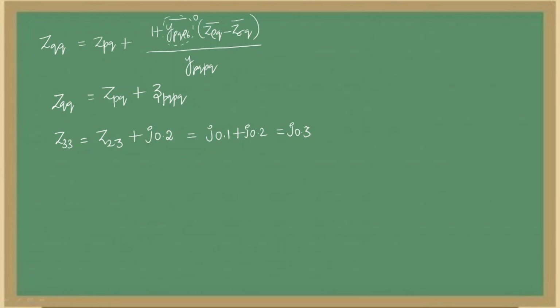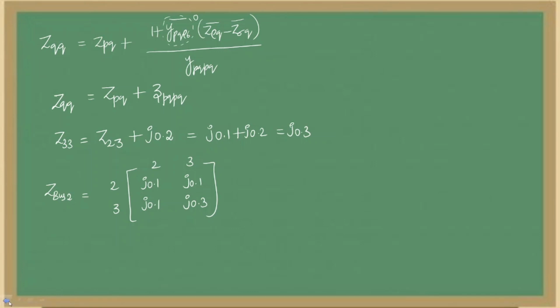Now you got off diagonal elements as well as diagonal elements. Hence the Z bus matrix for the second step is indexed 2, 3, because these two are the new nodes that are created after adding two elements. Z22 is J 0.1, we have found already. Z23 is J 0.1, Z32 is also J 0.1, and this element is J 0.3. So this is Z bus 2, which is obtained for the second step.